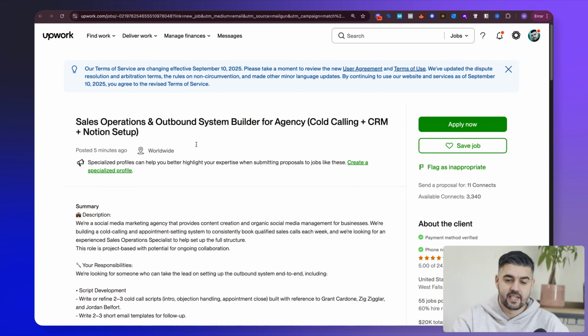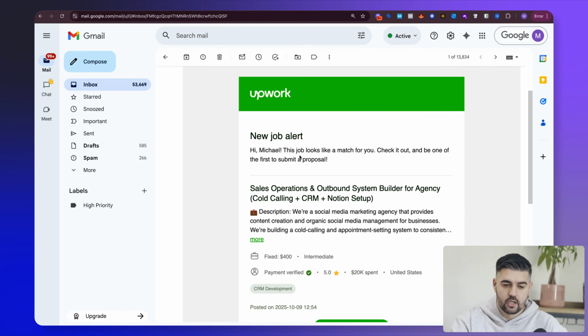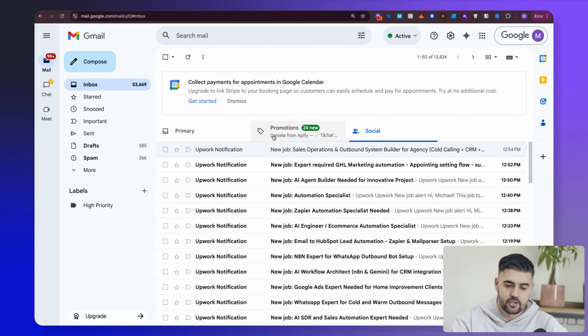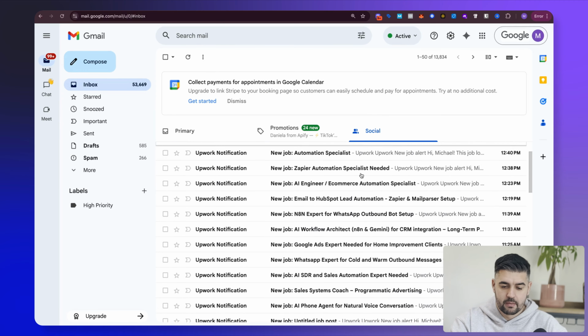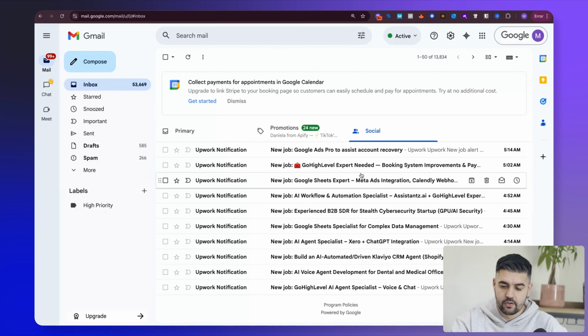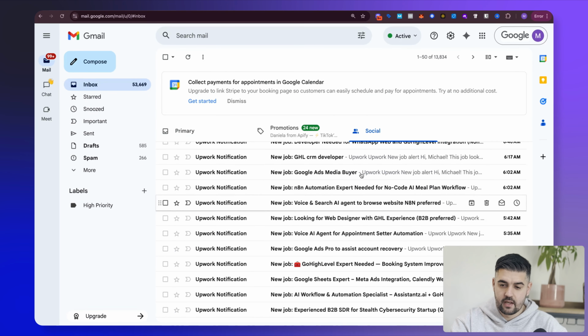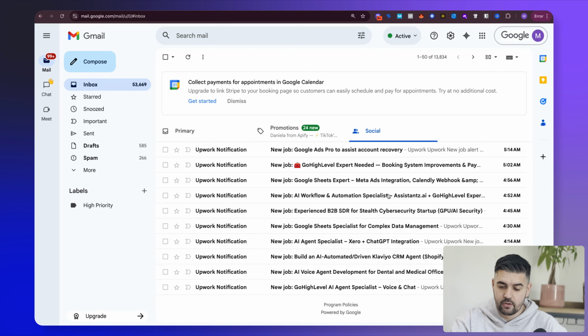So we've covered the basics now of Upwork. We've got the text replacements in place that I've given you below. You've added them, and we've got our inbox alerts set up for all of these Upwork applications. On my screen now, you'll be able to see the list of Upwork applications that have come in. And as it stands right now, it's 1 p.m. in the afternoon where I am.